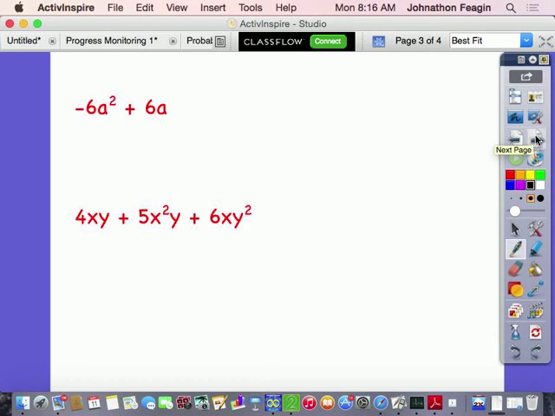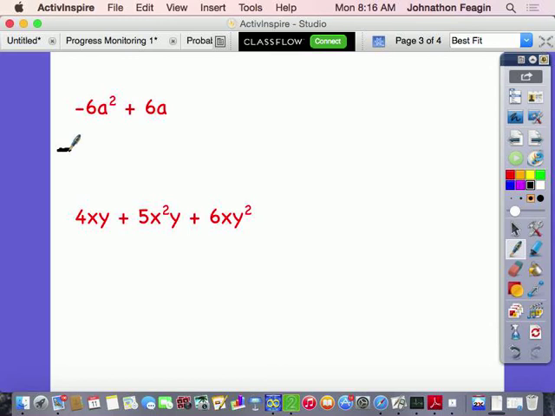Let's look at the next one, negative 6a squared plus 6a. Whenever there's a negative in front of your first term, you want to factor out a negative when you factor out your greatest common factor. It just makes things a lot easier, especially when we start factoring different types of problems. So we're going to factor out a negative first,